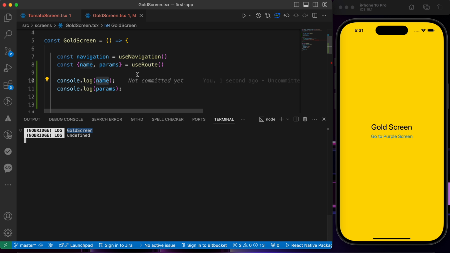So if you want to do something specific depending on the route name or the screen name, you can use the name that you can access from the useRoute object, which returns an object with name and params. And the params here is undefined because we didn't pass any data when we navigate. So let's pass some data. So let's go to tomato screen